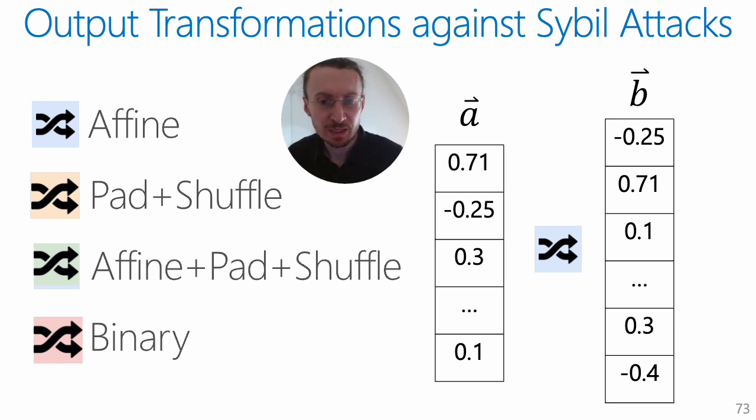To prevent sybil adversaries from eluding our defense, we also individually transform each user's representations. So for each user that has an account with our encoder and queries our encoder, we generate a random set of transformations. These are transformations such as affine transformation or shuffling of the representations. This prevents the adversary from directly mapping and aggregating representations over multiple accounts to create their stolen encoder copy. As an example, the pad and shuffle transformations add constant values within the representations and shuffle the elements.